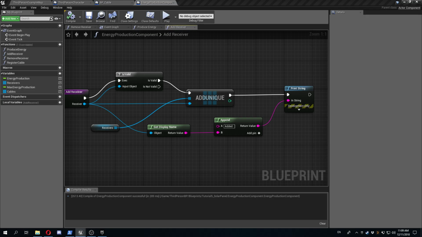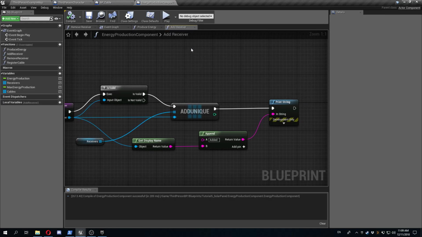I do need to change something in the cable itself. I have to look it up. The produce energy, I don't think I need to change anything here, or in the add receiver. Yeah, register cable as unique, and then